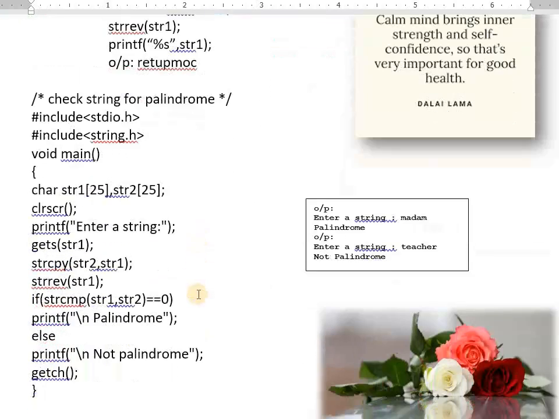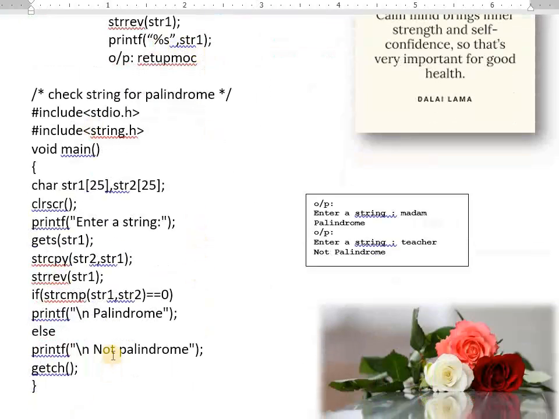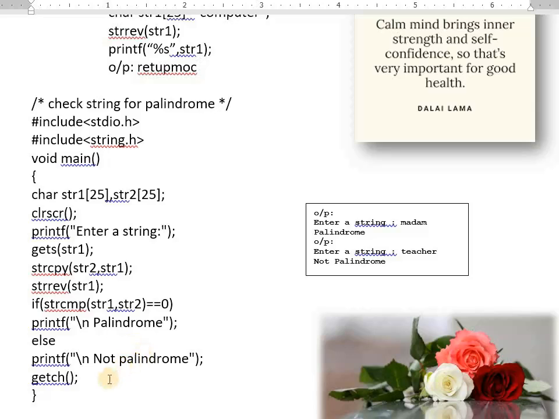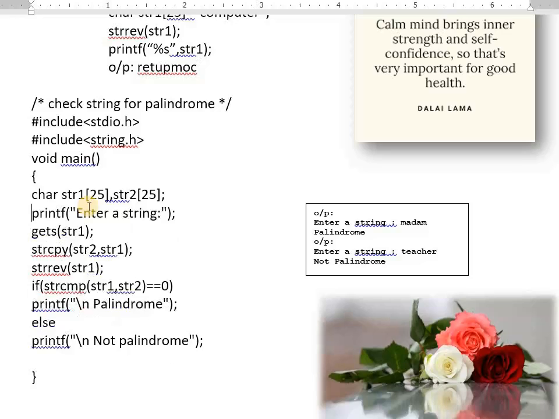This is what strrev is all about. Now I already explained a program on how to check whether the entered string is a palindrome or not without using built-in functions. But this is by using built-in functions. Sometimes in exams they ask you not to use them. Not to use means do not use anything and solve it. If they are not mentioning it and it carries fewer marks, you can use built-in functions.